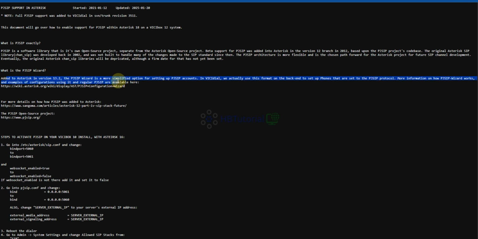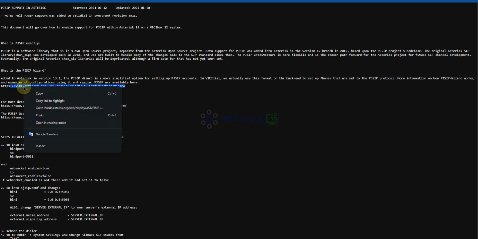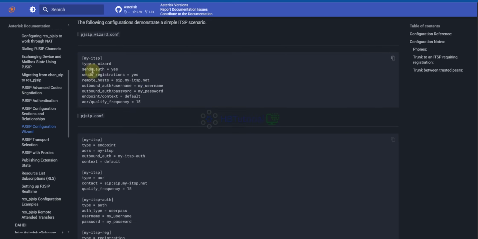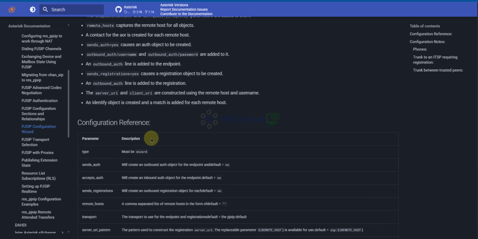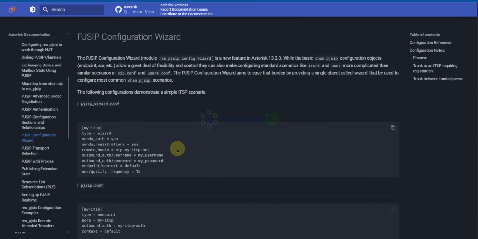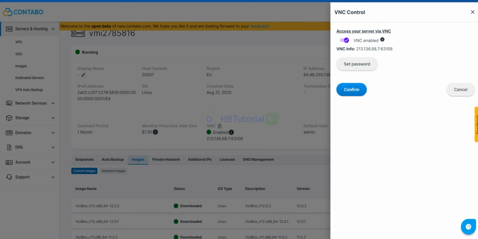Actually, it was added in Asterisk version 13.2, so it is more simplified. Also, I think it's already here, so you can also check the link over here. Yeah, this is the PJSIP wizard. That means they already added the PJSIP configuration.